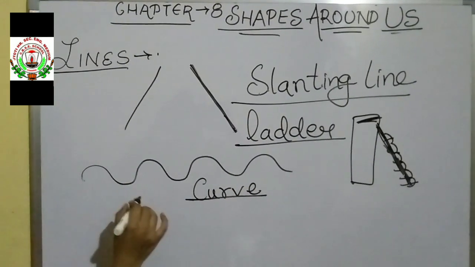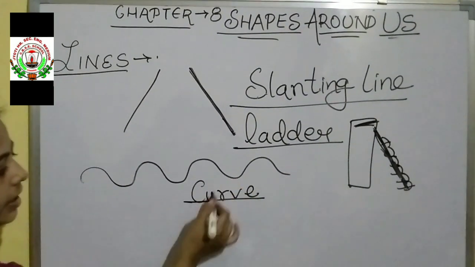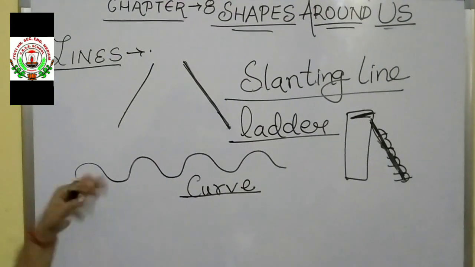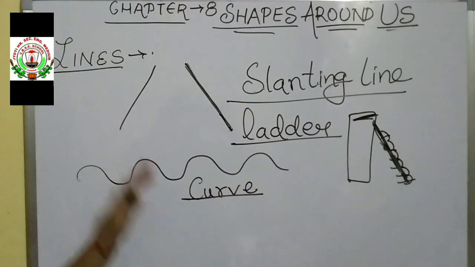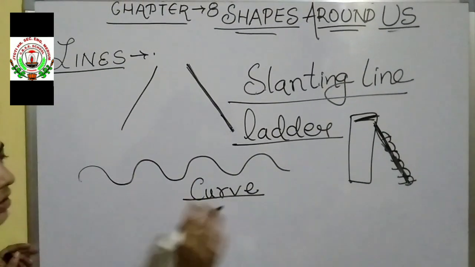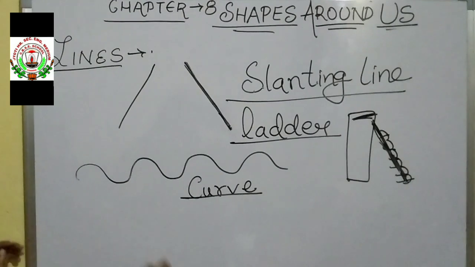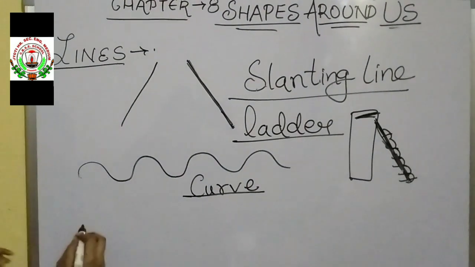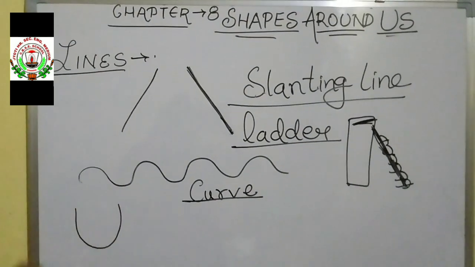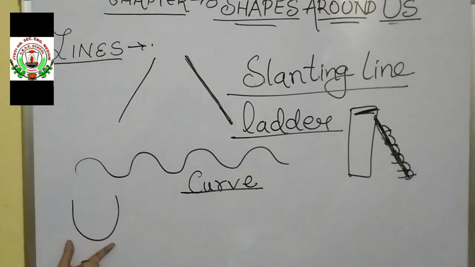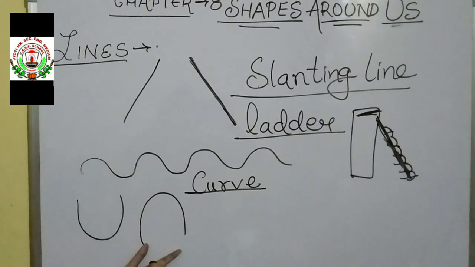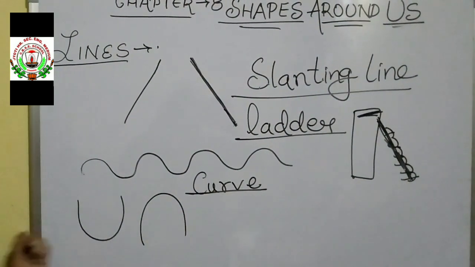Do you see this as straight? No, not at all. This is not straight. An example can be taken as water flows, water waves going up and down in the oceans. In this way only the water rises up and comes down, yes or no. And we can say examples such as this is the English alphabet, it is looking like U, this is the reverse of U, and also it is a form of curve.